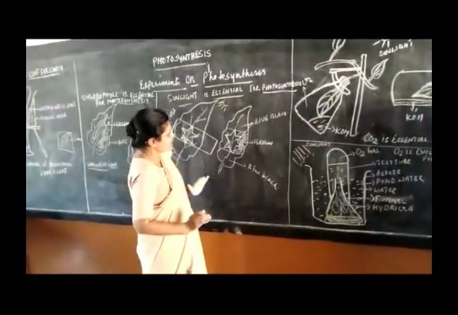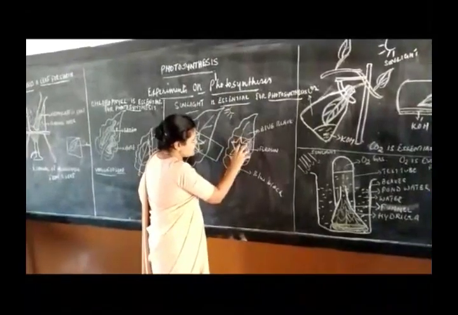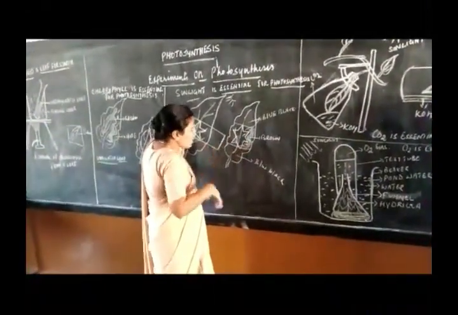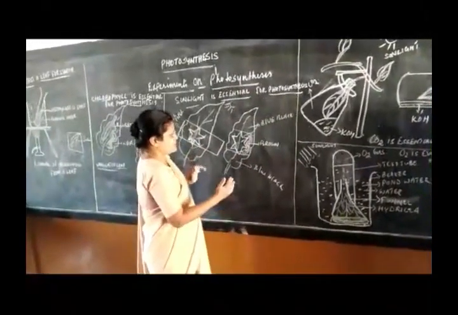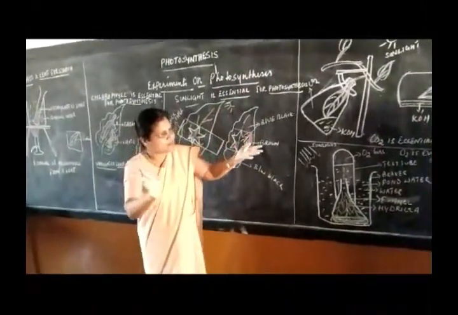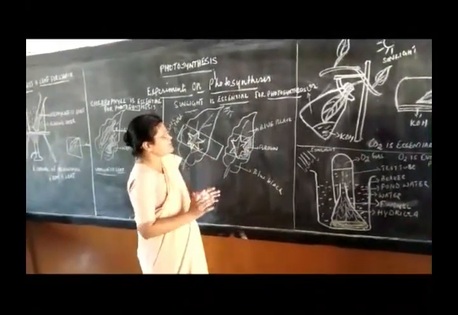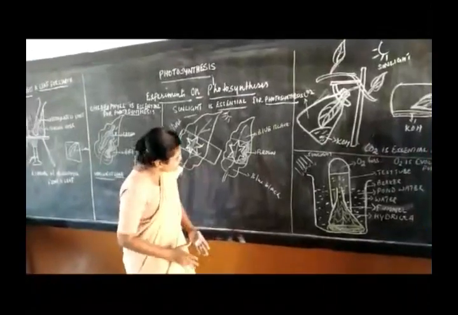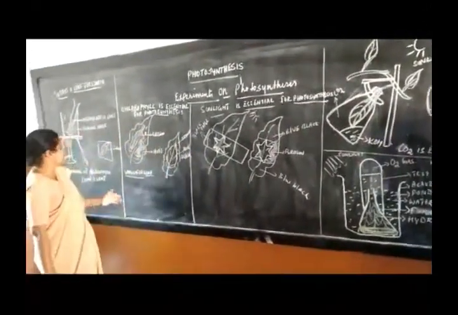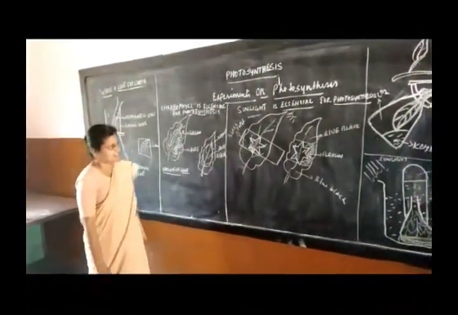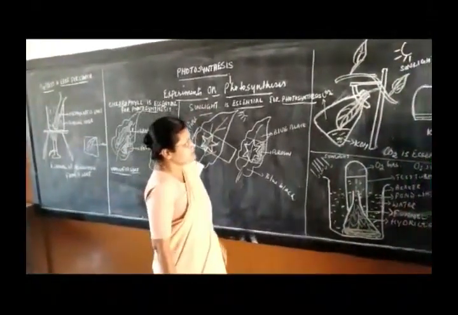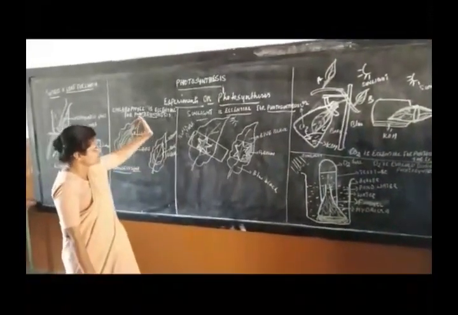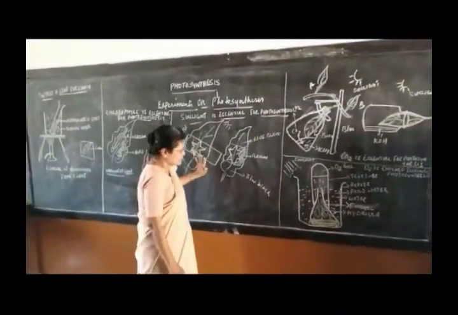The sunlight was not available in the region wherever the leaf was covered with the black paper. Whereas in the non-covered area, where the green leaf was directly exposed to sunlight, it got sufficient sunlight along with other raw materials, underwent photosynthesis, synthesized starch, and then tested positive for the starch test. That's about sunlight is essential for photosynthesis. Okay, so we have finished: chlorophyll is essential for photosynthesis, sunlight is essential for photosynthesis.